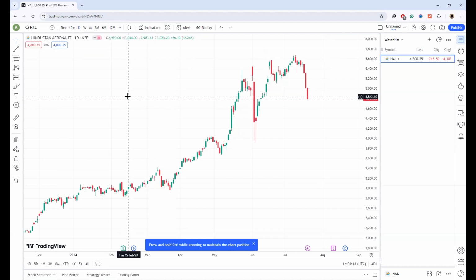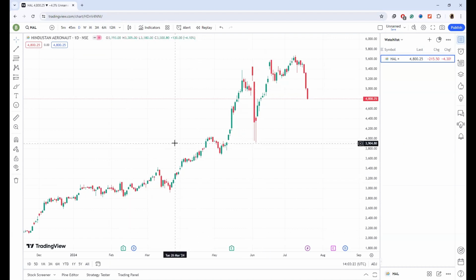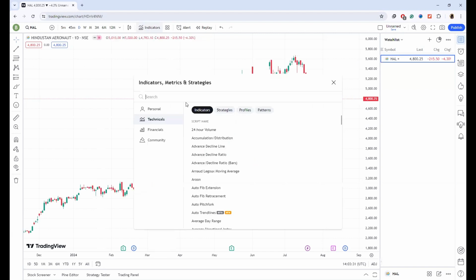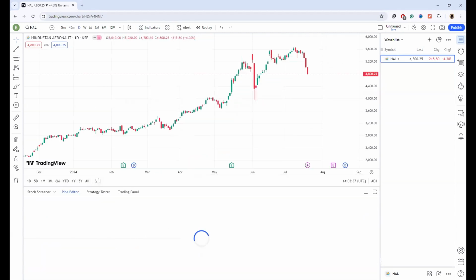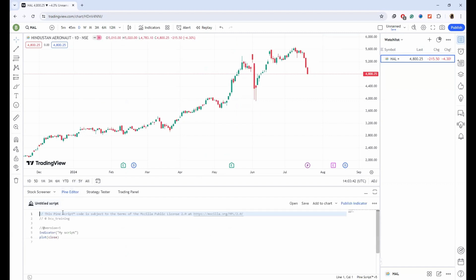We will need some more indicators for our trading, which we are going to cover in class 3-4. So you can apply indicators from here, from the top. There are custom indicators and there are standard indicators. The custom indicators can be created in the Pine Editor. So you can go to the Pine Editor and it will open up